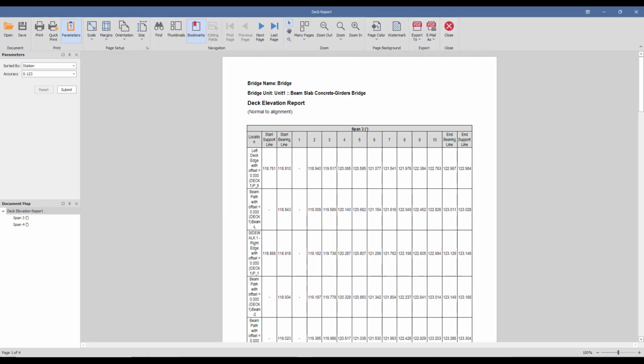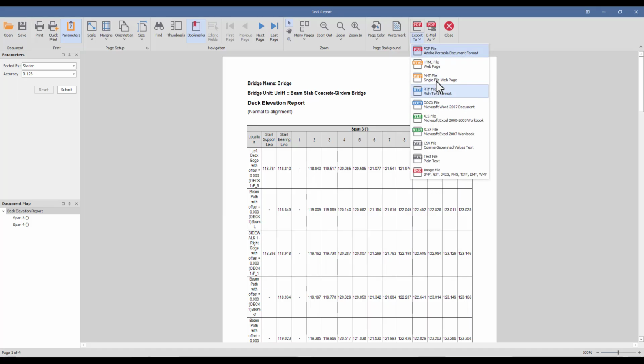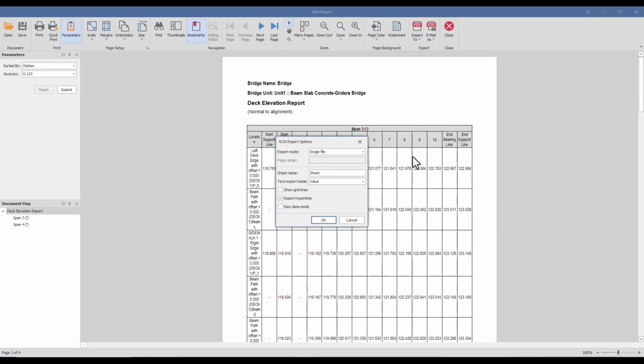So now in our deck report preview window, we're going to go up to export to like we did with our quantity report. So we'll go to export to, and instead of selecting the PDF file, we're going to go ahead and select the XLSX file, create a Excel workbook. Once the export options pop up, we're going to change the sheet name to deck elevations